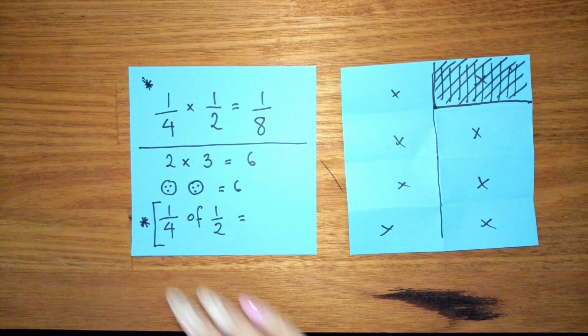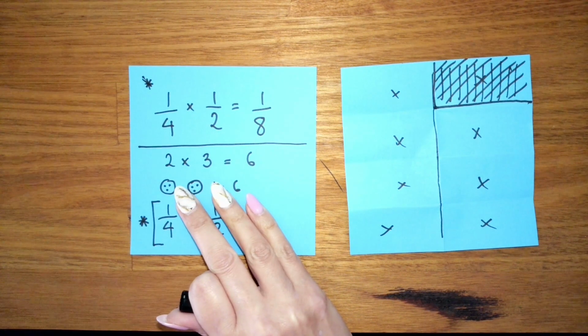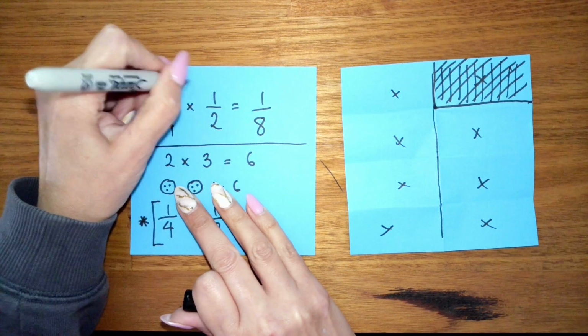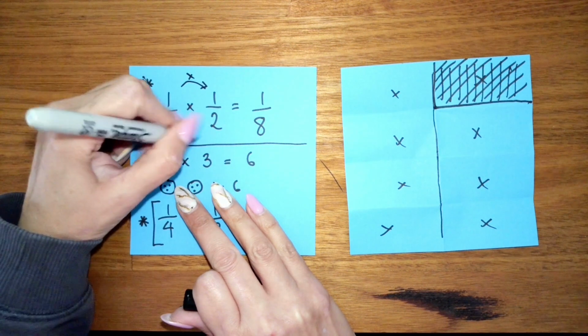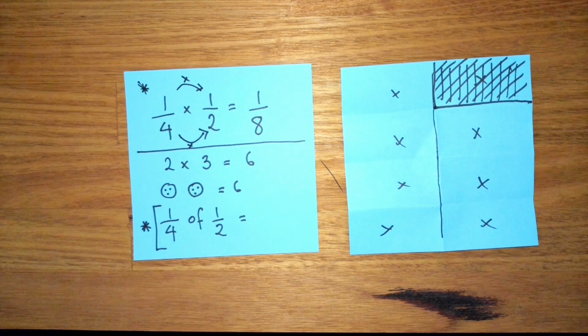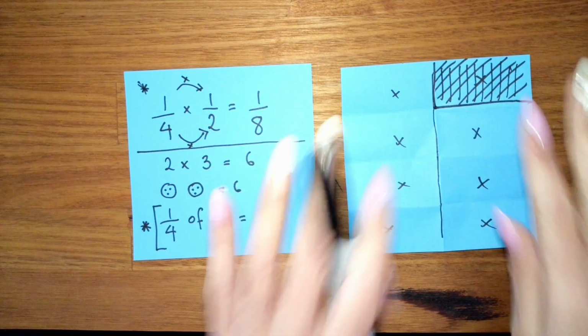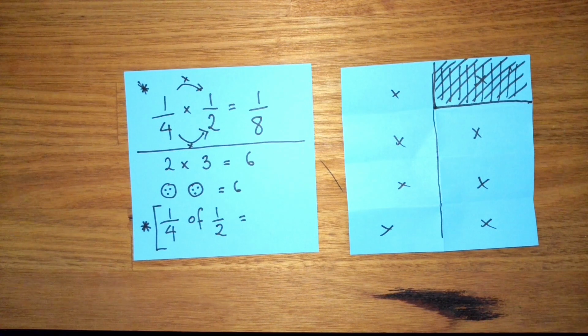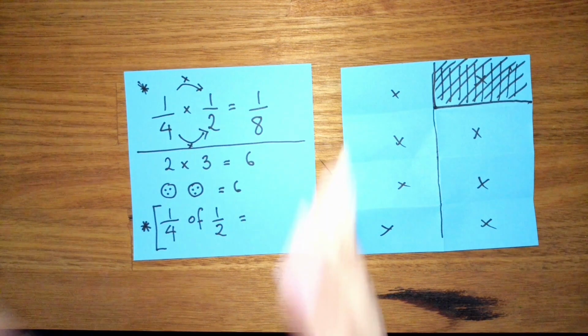But if I look at my numerators and the denominators and my operation, what I can see is I simply multiplied my numerators and my denominators together. So this is what you would eventually get the students to start working on. I mean, you can get them to make as many folded bits of paper as you want, but eventually what you want to do is you want to get them to